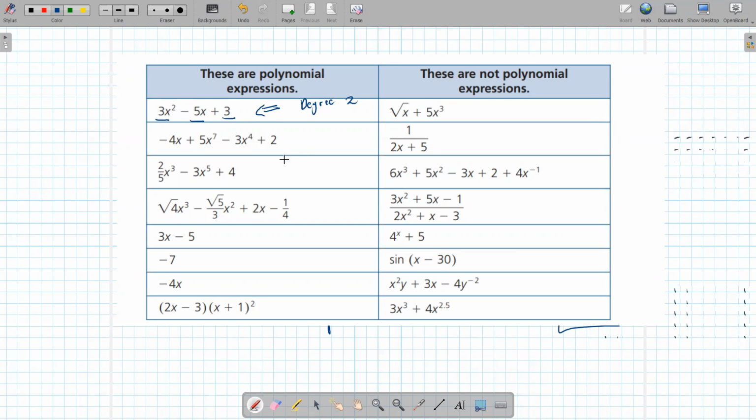Is it opening up or down? Up. Yeah, because of the 3, okay? You always look at the number in front of the highest degree, so this is opening up. That 3 there, that's called the leading coefficient, because it's attached to the degree x. Okay, and this is opening up. What about the second one here? What's the degree here? 7. 7. What's the leading coefficient? 5. It's 5,